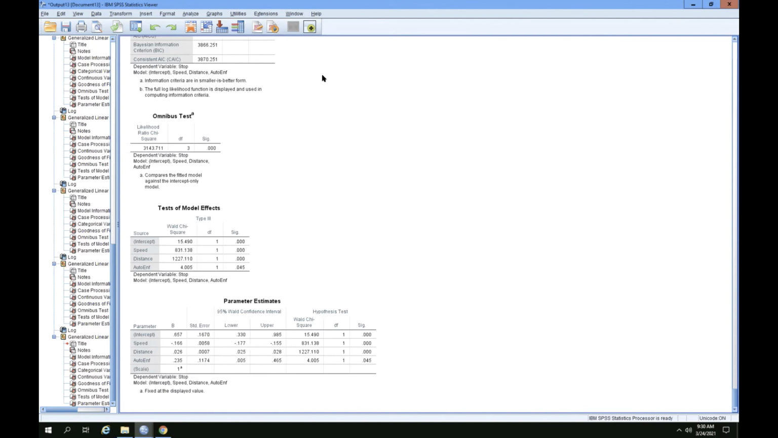Can you explain a little more about interpreting the coefficients for the logistic regression? Sorry, say that again, Falarin. Can you explain a bit more about interpreting the coefficients for the logistic regression? Sure. Now what I'm going to try to do here,